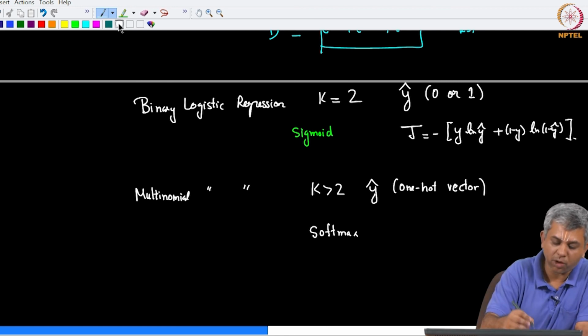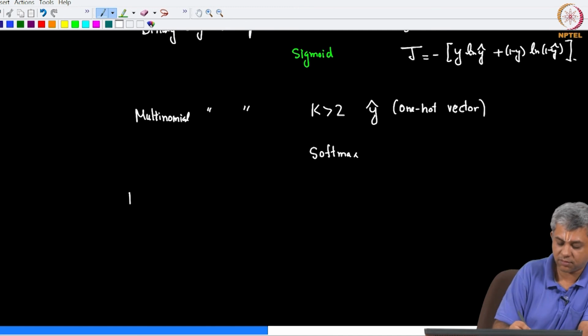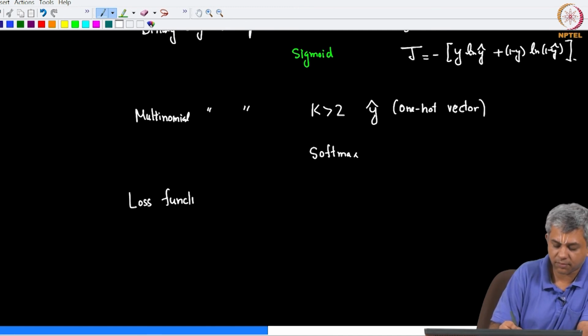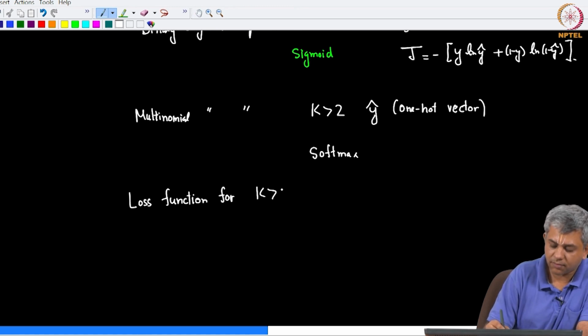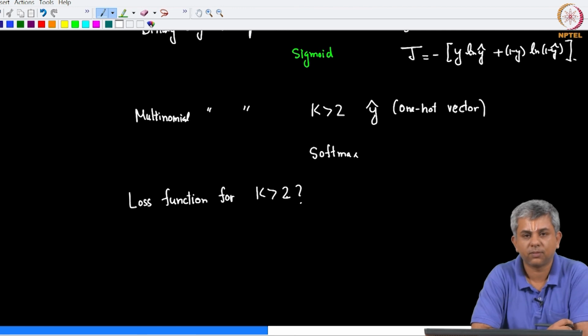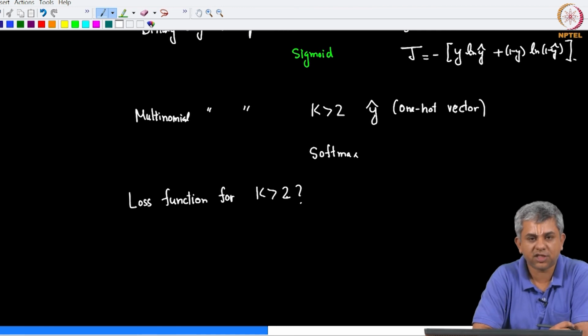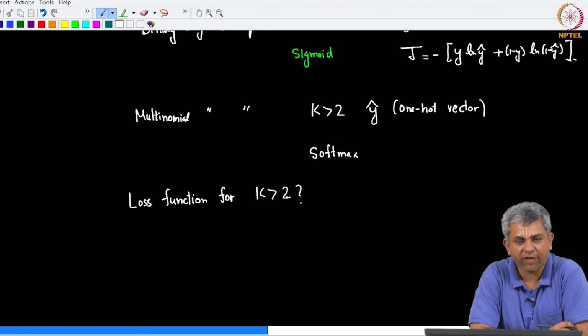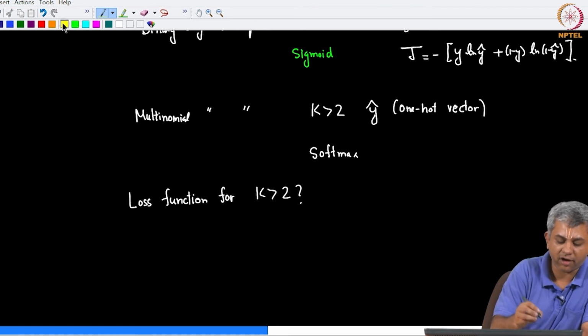Now, what do we do about J? That is the last problem that we have to solve here. As it turns out, this is also fairly straightforward, I will write it down right now.